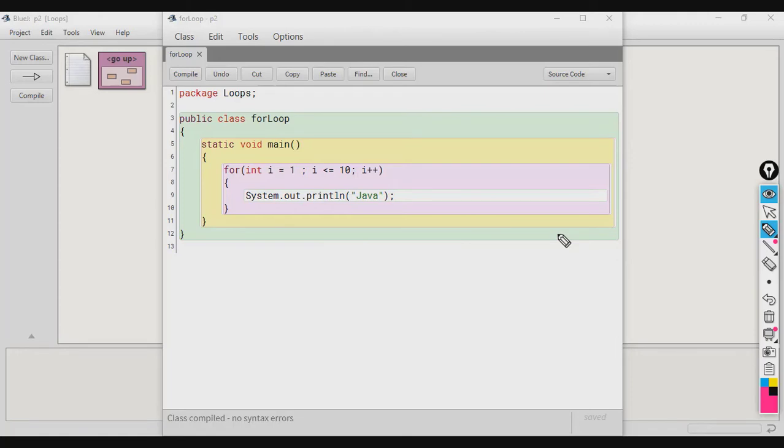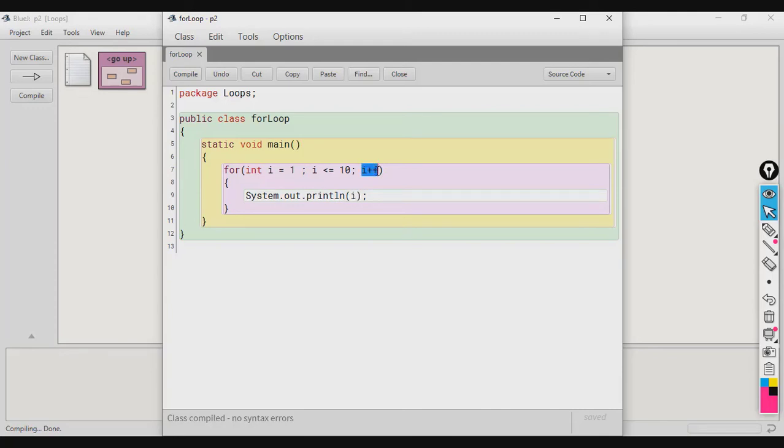Now, let us see a few variations of this for loop. Now, instead of printing, I will print I. So, this time the value of I will be printed, and you know that the value of I will keep on changing in every iteration of the loop. First time I will be 1, condition will be 1 less than equal to 10, and control comes inside, I value is 1. So, 1 gets printed.